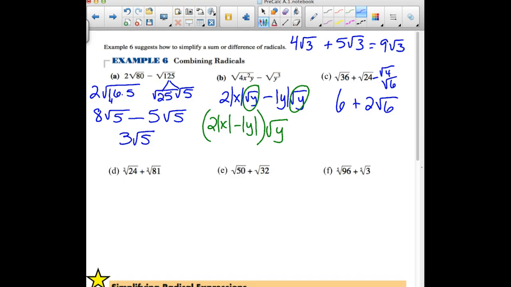All right, for question D, we can split our 24. We're looking for a perfect cube in 24. We could use 8 times 3. We're looking for a perfect cube in 81. We could use 27 and 3. All right, notice that both of them have given us a cube root of 3 as one piece. Simplifying, the cube root,